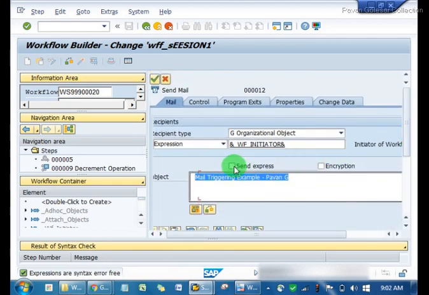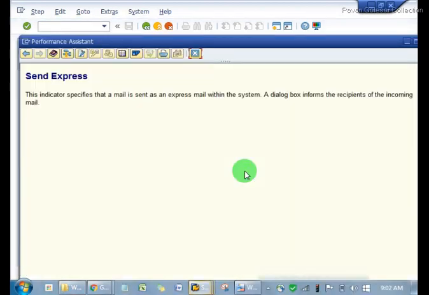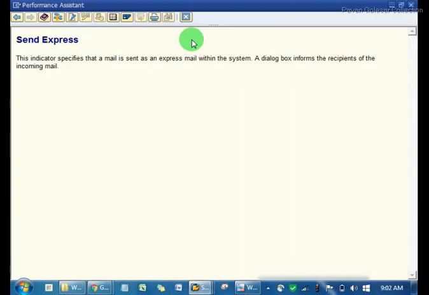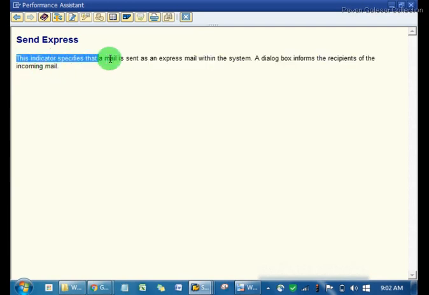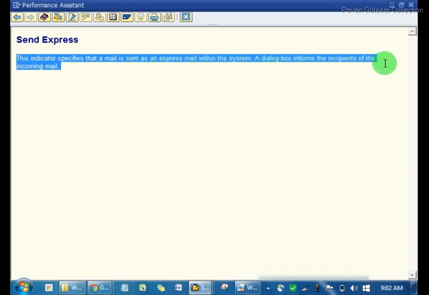Send Express. These are various functionalities given by SAP. Even I have not checked it out, because these are very specific. Express is nothing but, I believe, not a typical mail. It specifies that the mail is sent as an express mail within the system, with a dialog information for the recipients of the mail.